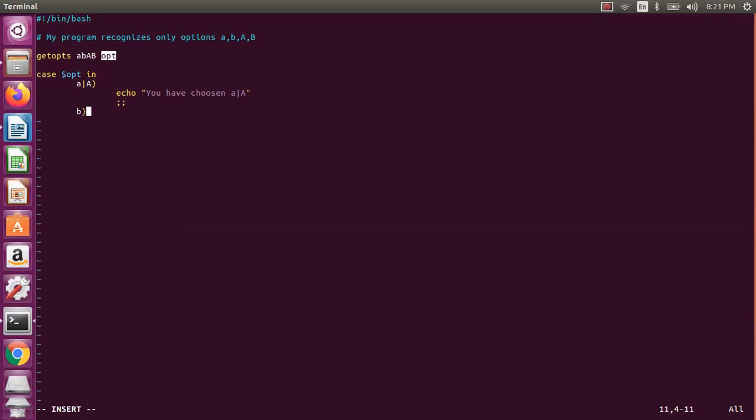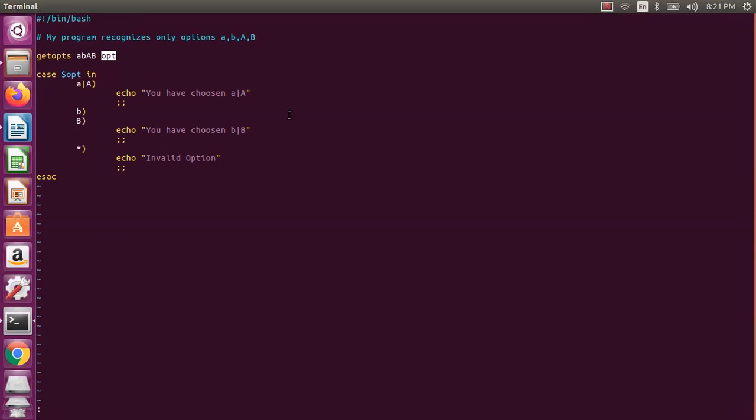And if I say B, either way you can write, in one statement or in separate statements, it doesn't matter: you have chosen B or B. If I choose anything other than that, invalid option. Of course, this is again optional. My program will just give me whichever option was chosen.